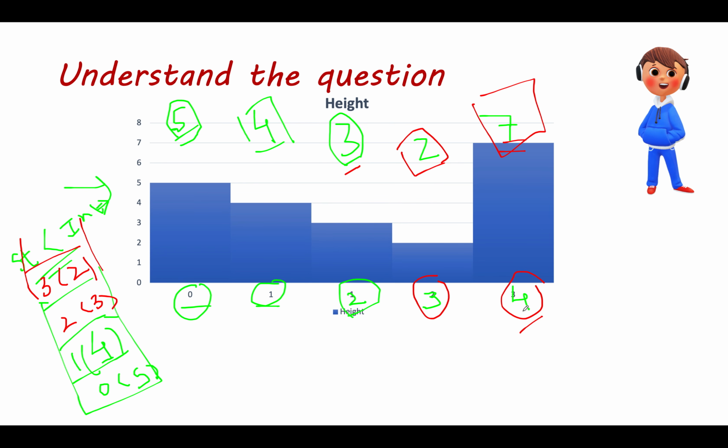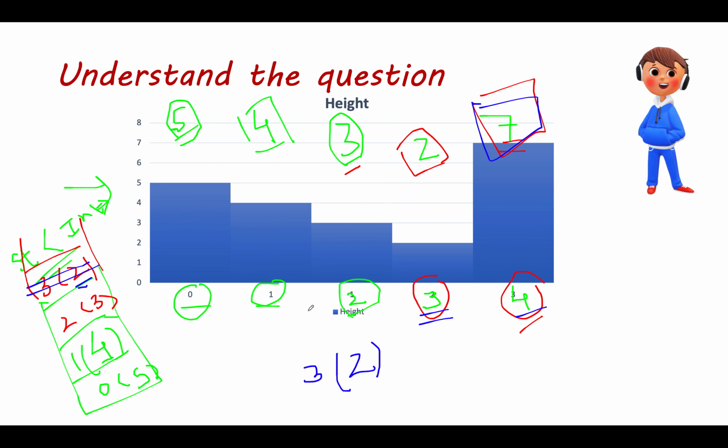The next element is at the 4th index and the value is 7. This value is greater than the topmost element of the stack, which is 2. The height is 2 and it is at index 3. So what you're going to do, you need to calculate the water trapped by virtue of this particular index. So you'll pull out the topmost element from the stack. The topmost element gets pulled out and we have that as 2 at the 3rd index. So at 3rd index we have a value 2.